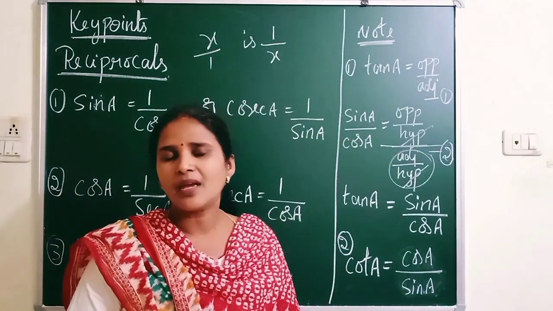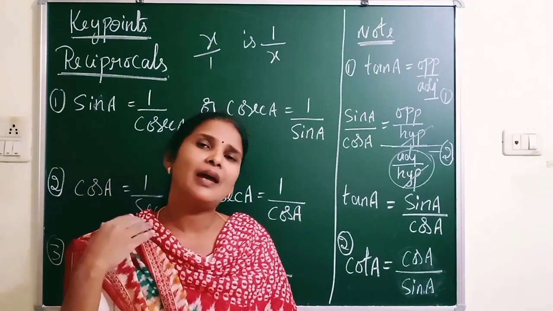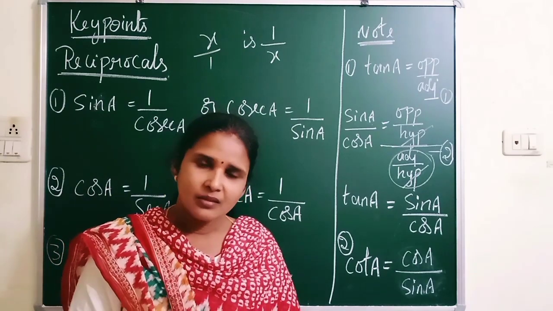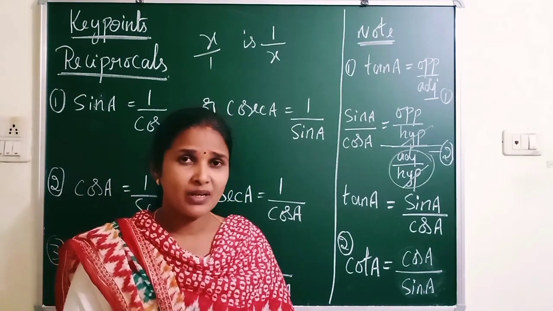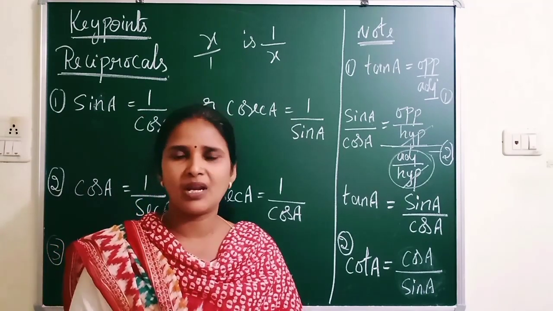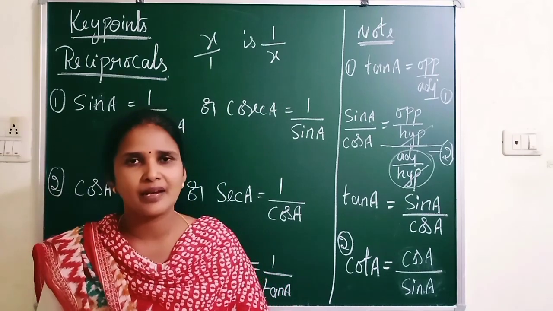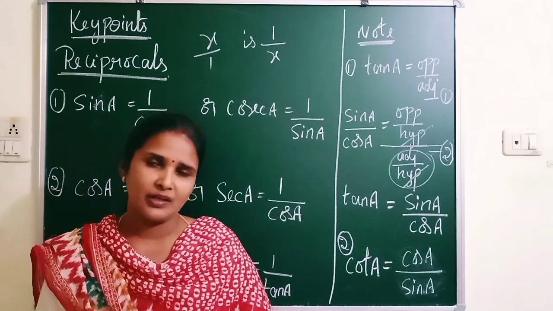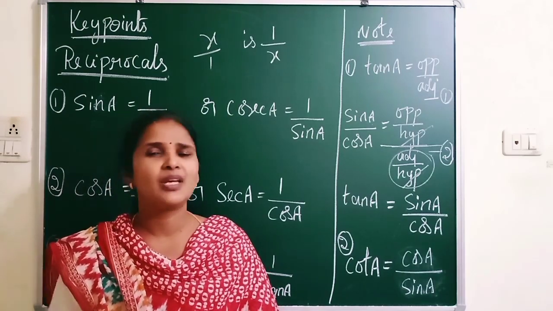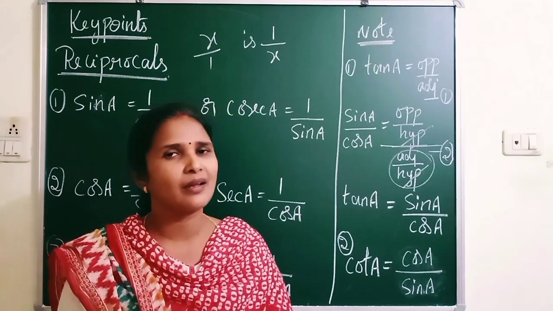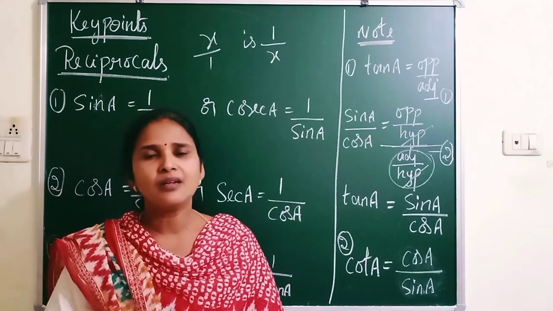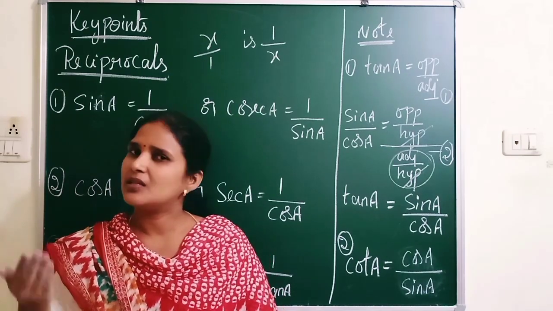In this session I explained many things. First I introduced the new topic, trigonometry, and explained where we use it and why it was introduced, even though we had the Pythagoras formula to find heights and distances in a right angle triangle. Why do we need trigonometry? Because when we know one angle and one side of a right angle triangle, we cannot find the other side using the Pythagoras formula. So we moved to another branch of mathematics, called trigonometry.